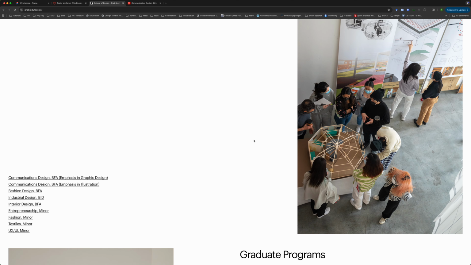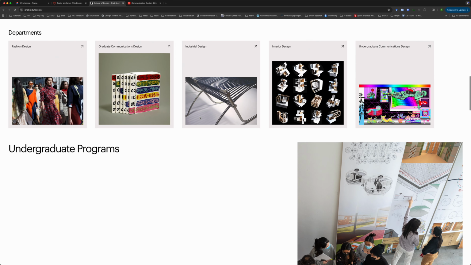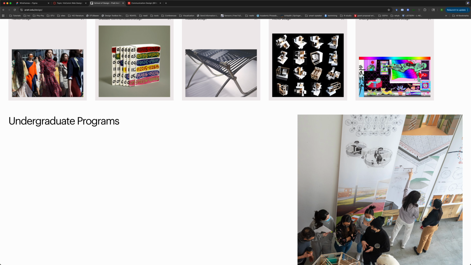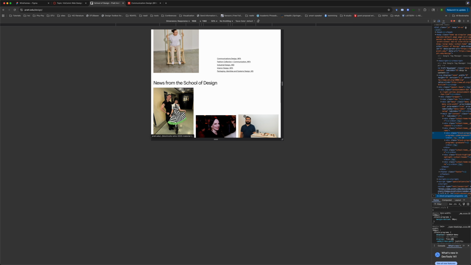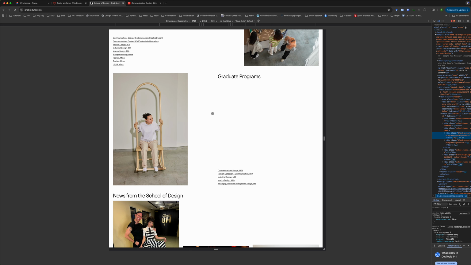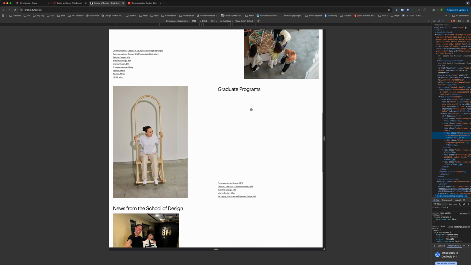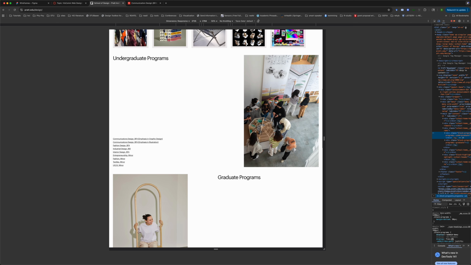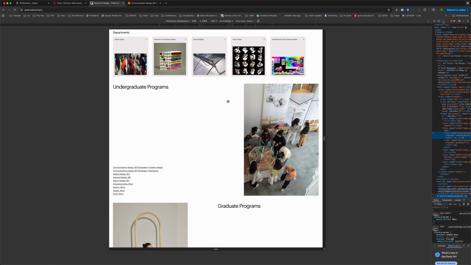Maybe it's because of the responsiveness. Like if I do it like this, let me see, how does it look? Yeah, still I don't like the spacing here. This is terrible. But content wise, I think